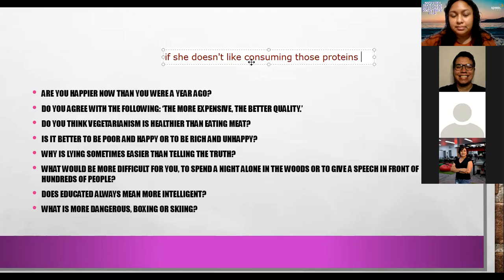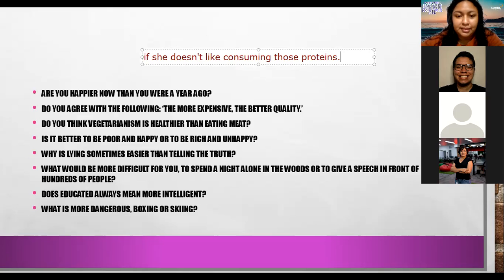So probably I think yes, it is healthier, but it can mess with your defenses. So you also have to be careful with that consumption. If you don't eat meat, you need to search for other